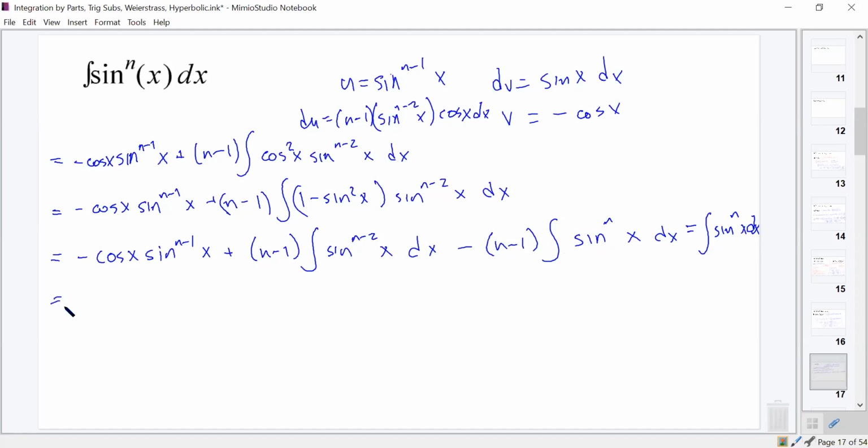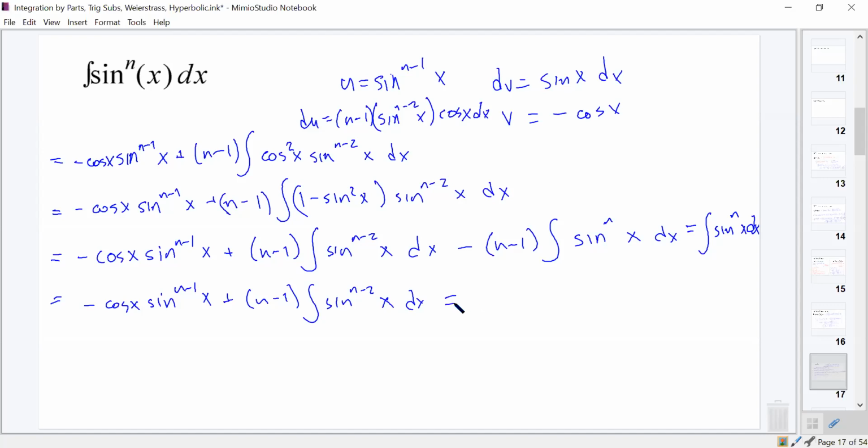Well, it's not going to be finished yet, but it's going to say something like negative cosine x sine to the n minus 1 of x plus n minus 1 integrals of sine to the n minus 2 of x dx is equal to,